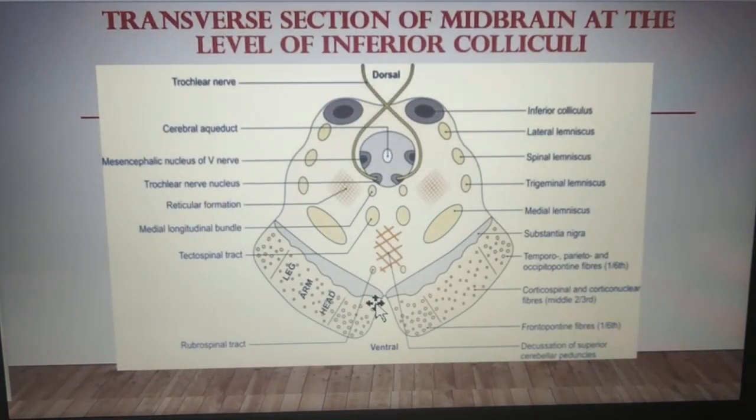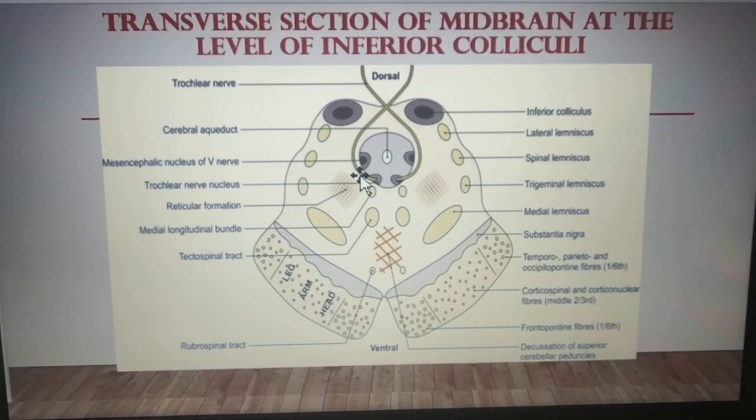So, the transverse section of midbrain at the level of inferior colliculus. We have already seen the common features at the level of inferior as well as superior colliculus, that is regarding your crus cerebri and the substantia nigra. Coming to the other features at the level of tegmentum and the tectum region, we will confine ourselves to the grey matter and the white matter. First, we will talk about the periaqueductal grey matter content.